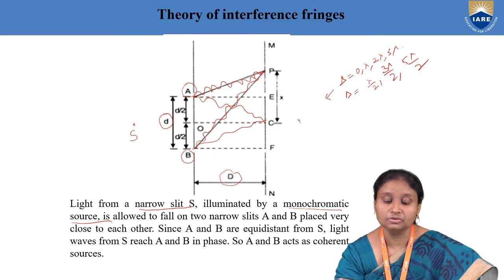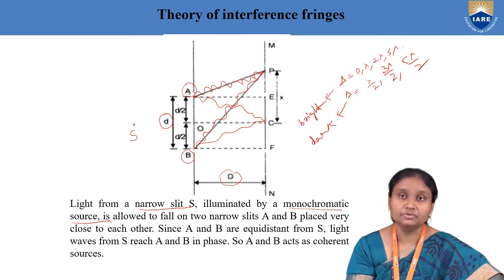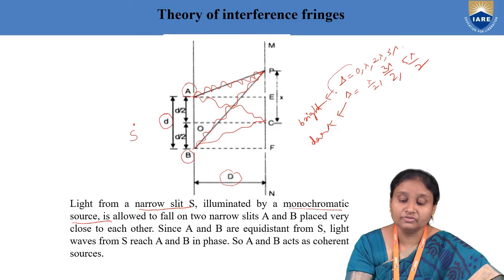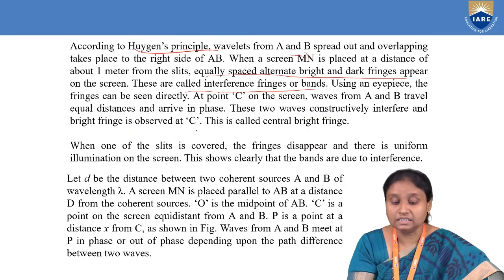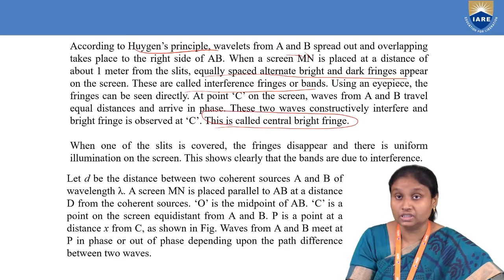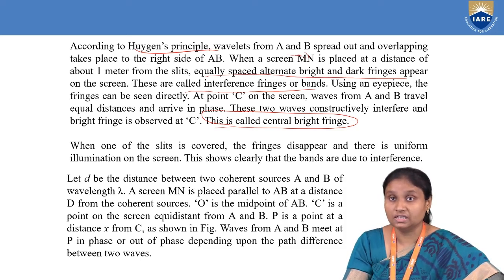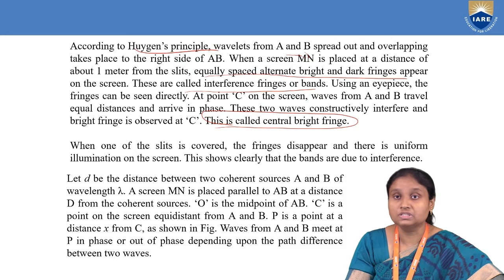So this is the condition to get a bright fringe or bright band, and this is the condition to get the dark band. Here we have seen that two waves starting from the sources A and B and reaching point C on the screen have a path difference of 0, and that is the condition for maxima. That's why our point C will be a bright fringe. So our center C on the screen will be a central bright fringe. Why? Because the waves are undergoing constructive interference. And why are they undergoing constructive interference? Because they are in phase with each other and their path difference is 0. So the two waves superimposing at point C have a path difference of 0.